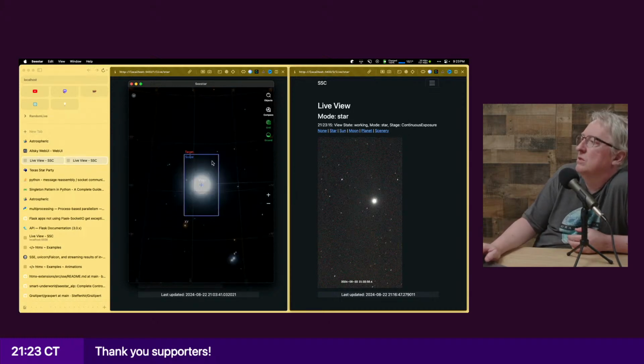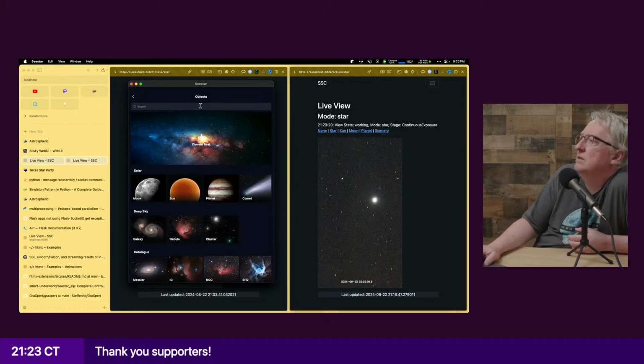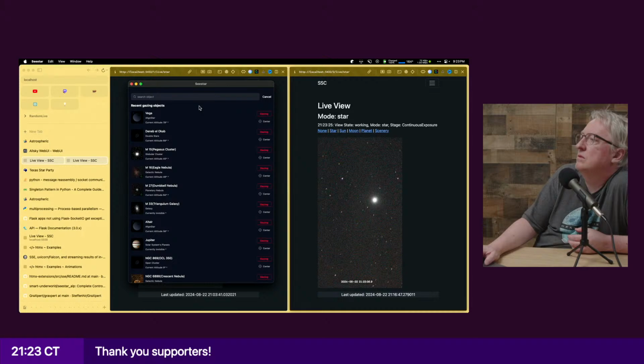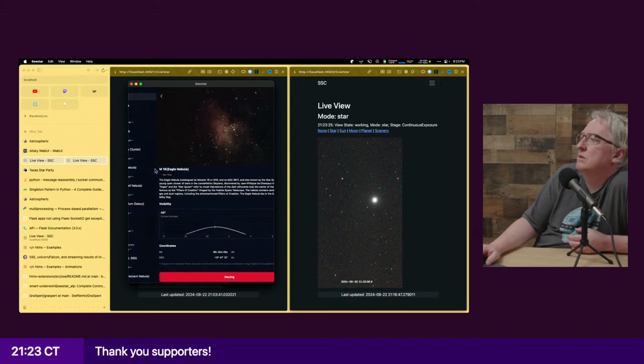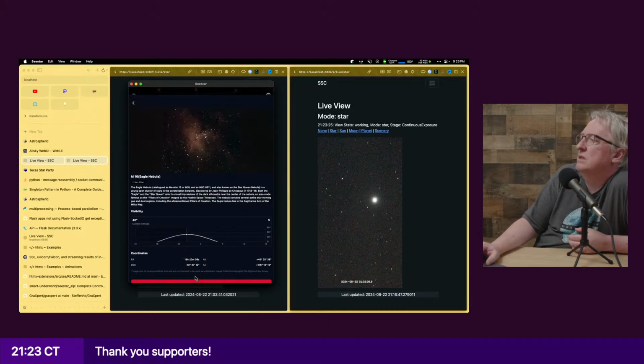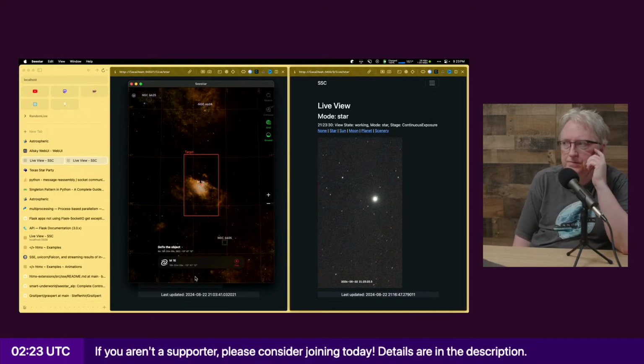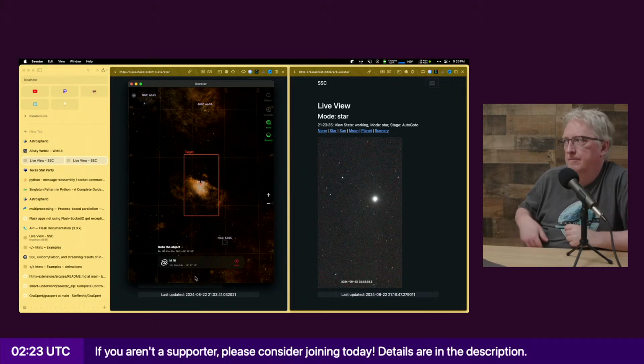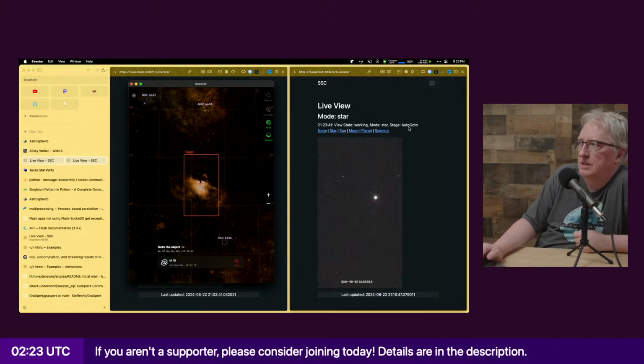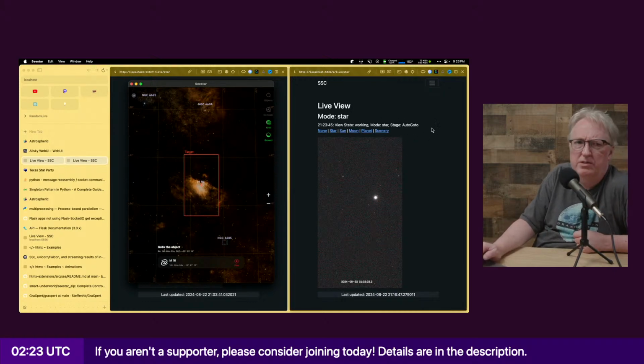So let's look for M16 and hopefully it's good enough right now. Let's go to M16. And if that doesn't work, I'm going to try M11 because M16 should be visible now. But yeah, I need to get this to be more responsive when the modes switch.